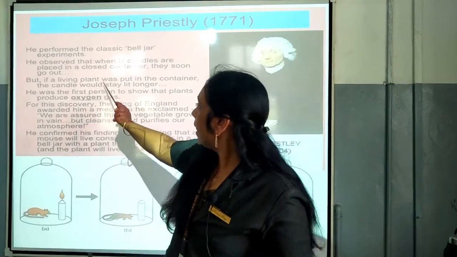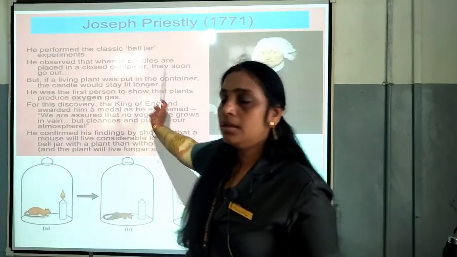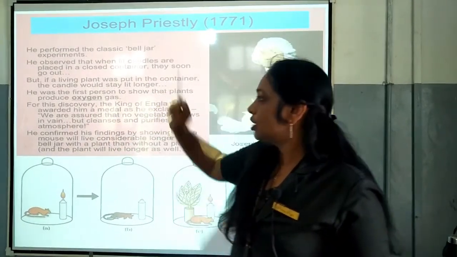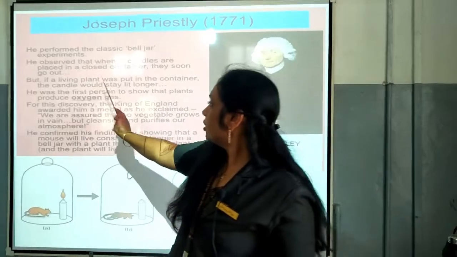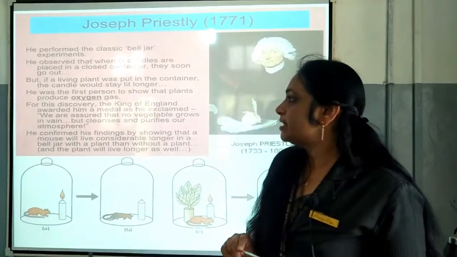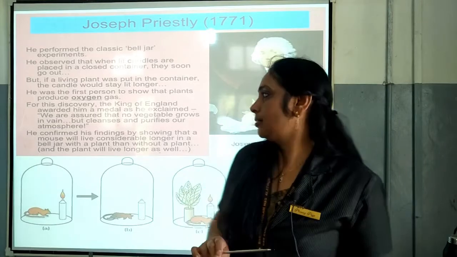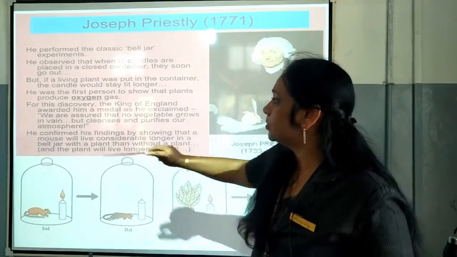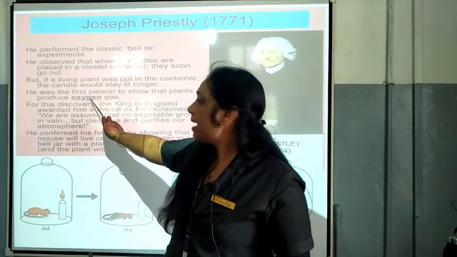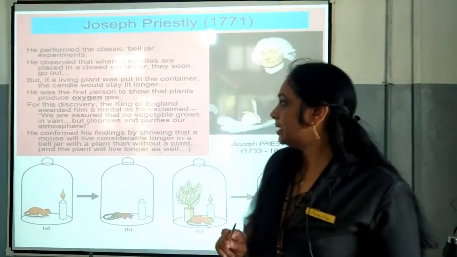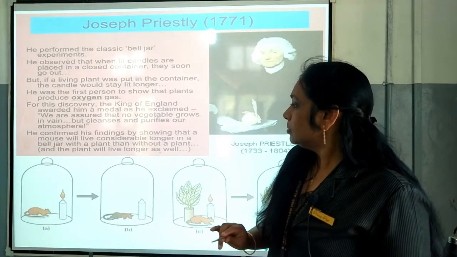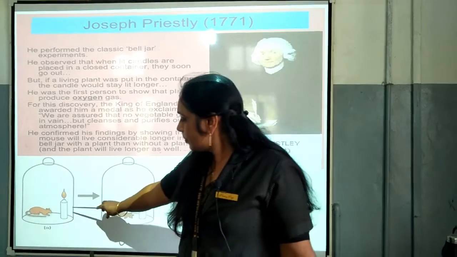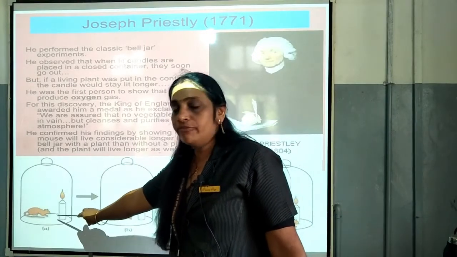But if a living plant was put in the container, the candle would stay lit longer. So he was the first person to show that plants produce oxygen gas. Joseph Priestley was the first person who said that plants are producing oxygen gas. Isn't it? So, my dear children, you can see here this is the bell jar where in the first experiment